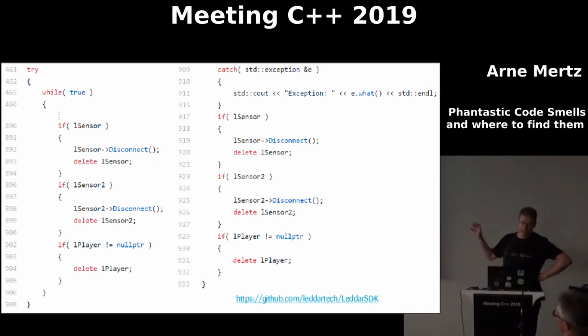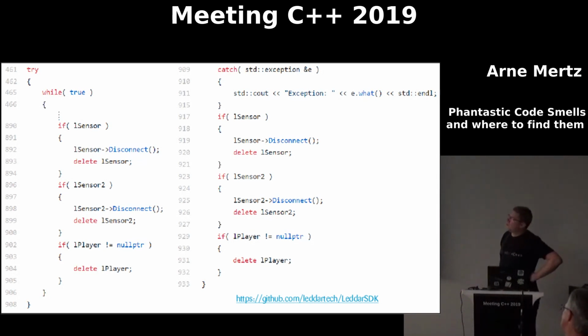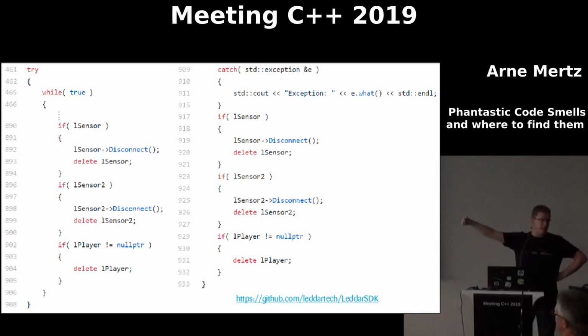So this is again an example program showing how this is to be used, and they have a while loop where they probably have someone break in to get out of the loop, and they process something with sensors. And you see, at the end of the loop, if the sensor is there, I first have to disconnect it and then delete it, and if the other sensor is there, I have to disconnect it